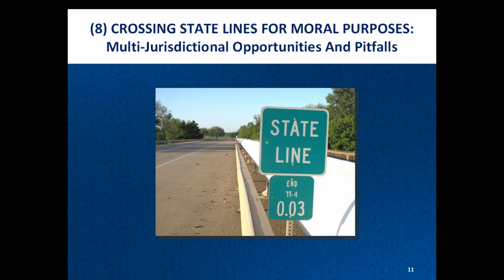The more common rule is the most significant contacts rule. It says we're going to evaluate the contacts in both states. Where was the employee hired? Where was the work done? Where did the accident happen? Where were benefits paid under? We're going to make a decision on significant contacts. Which state has the most interest in seeing to it that their law is applied?